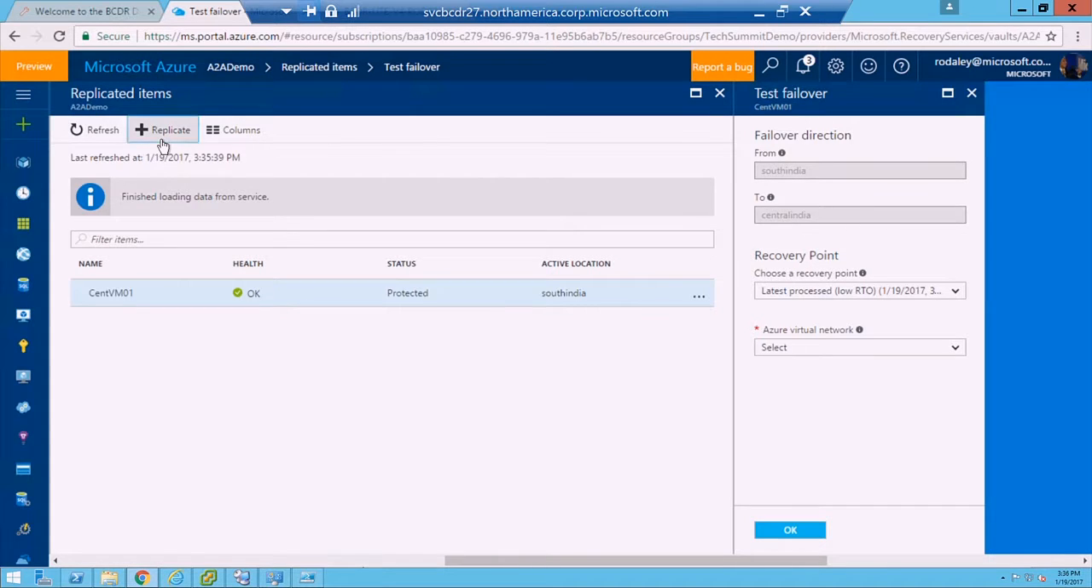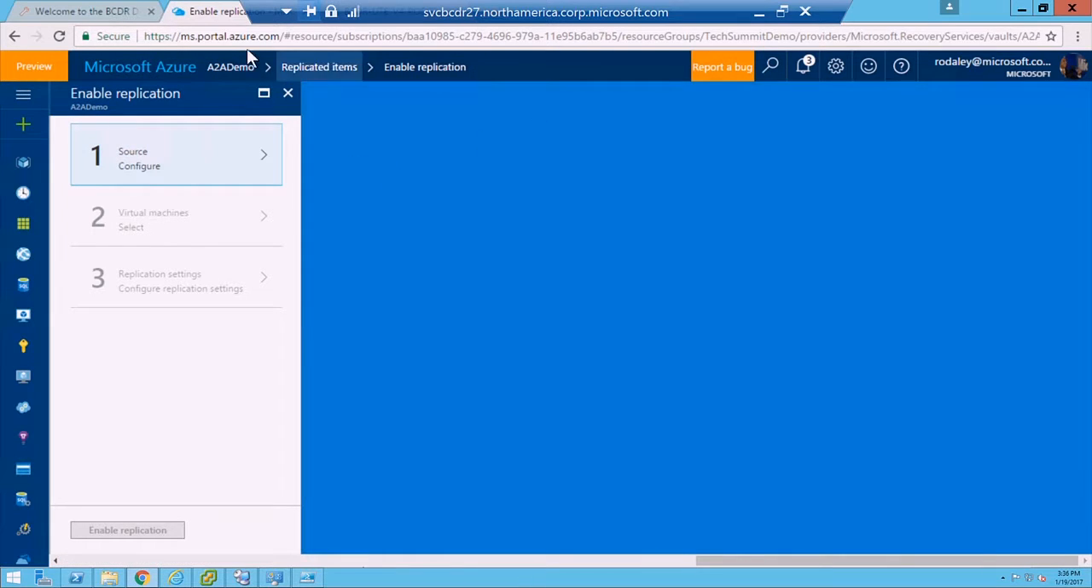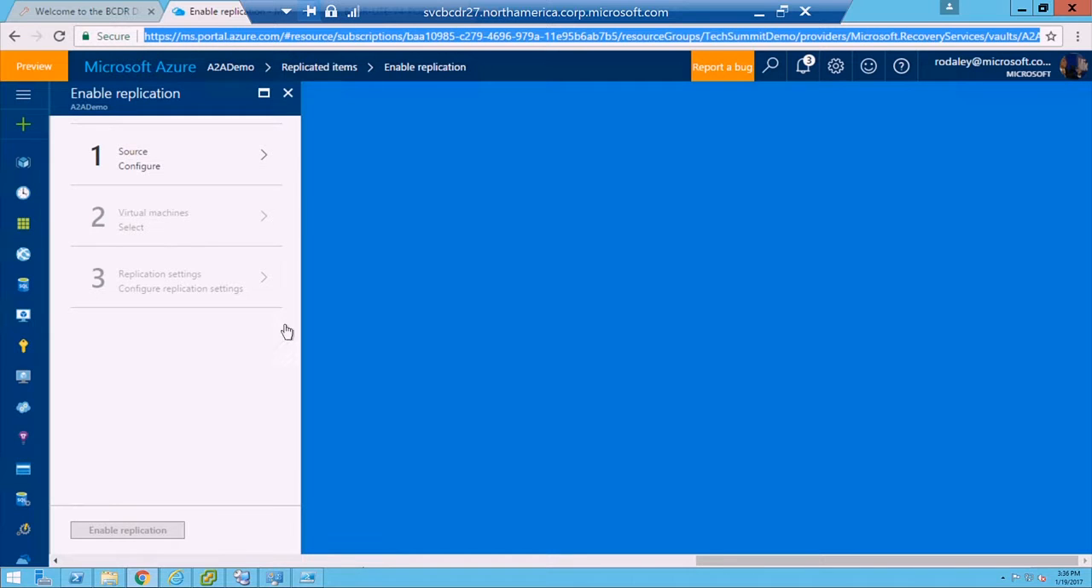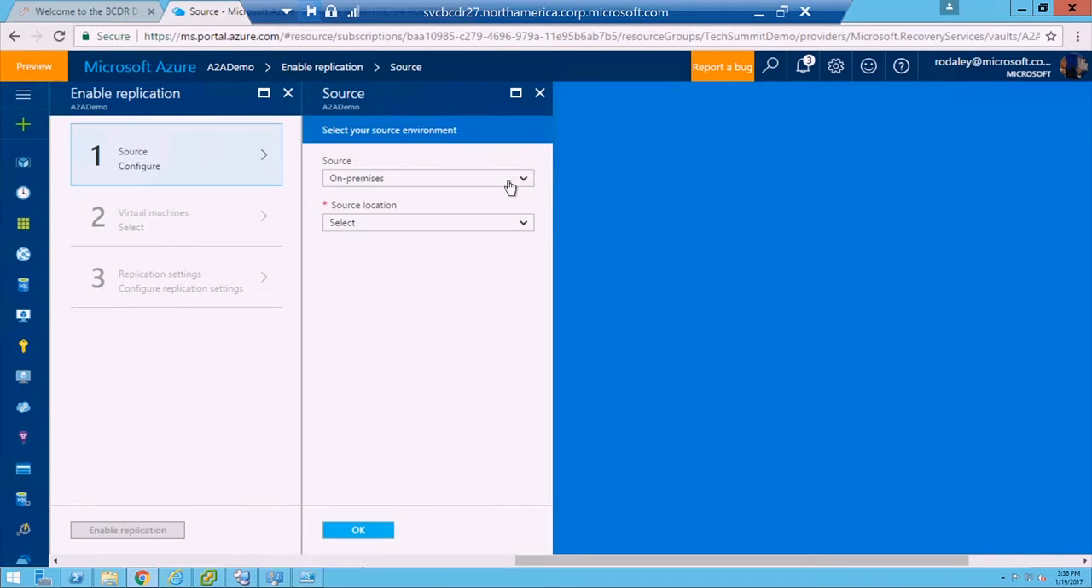And to replicate or protect that machine is pretty simple. I just hit replicate. I choose my source as Azure. Okay. This is a brand new feature. It was actually released today. But basically what you do is change this to Azure. You choose the VM that you want to replicate, and you'll be able to replicate that over into a secondary region. Let me see if refreshing